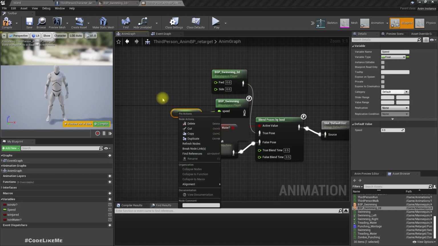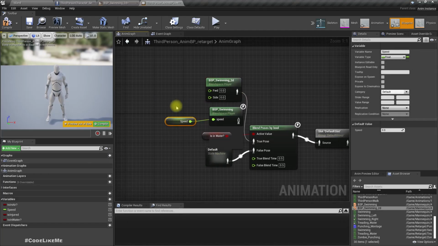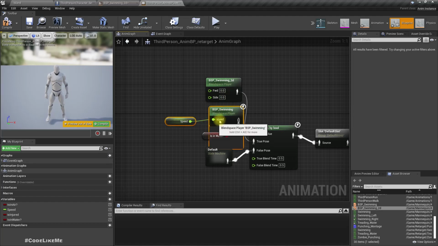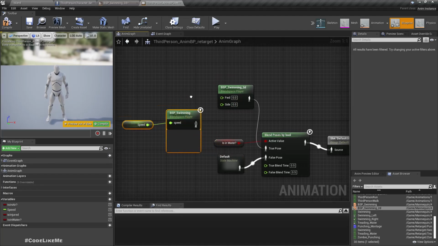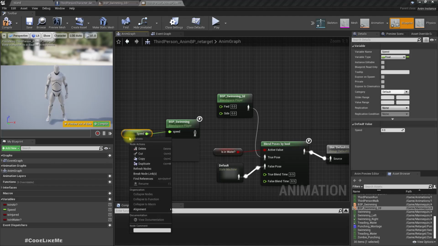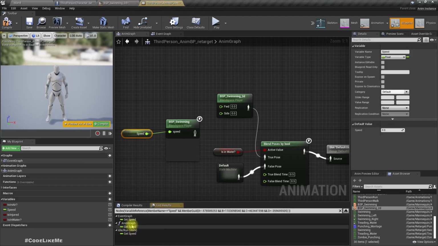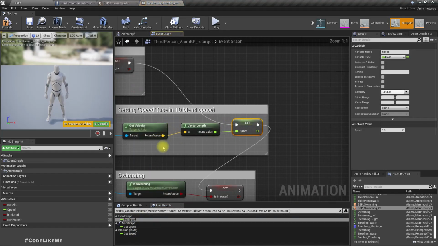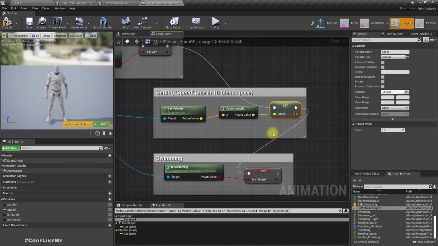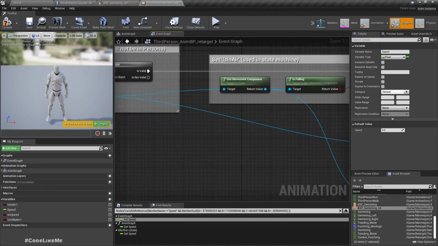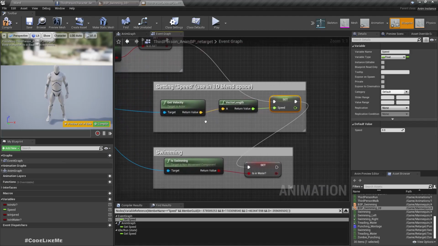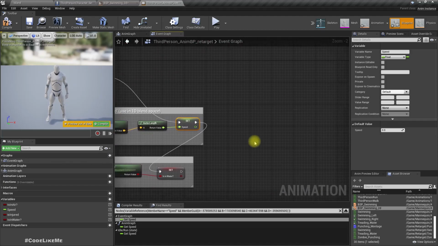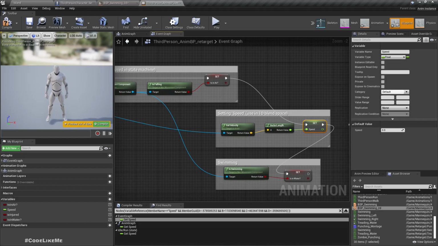But we need to get speed in two ways now. We can't just rely on the speed variable, because it only gets the total velocity as a number, the magnitude of total velocity. So we need the side speed and the,